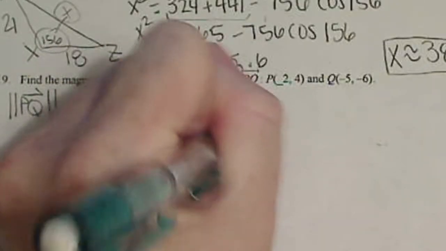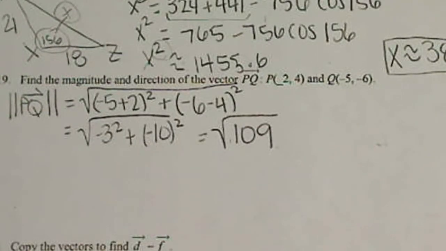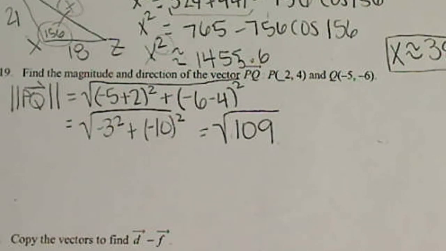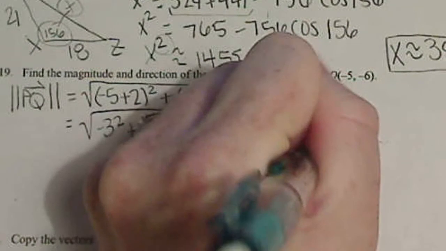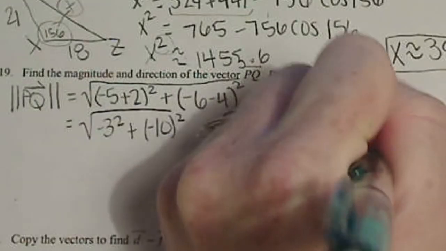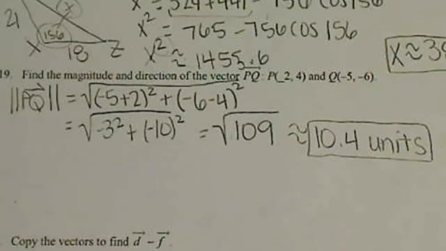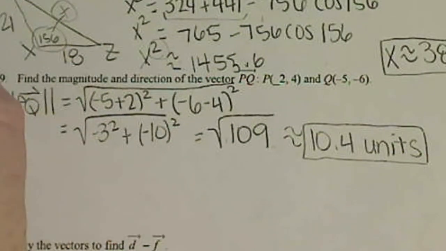So the square root of 109. Since we're talking about length of a vector, we do want to evaluate that to the nearest tenth. So that is about 10.4 units. Okay, that's how long our vector is. Okay, to find the direction,